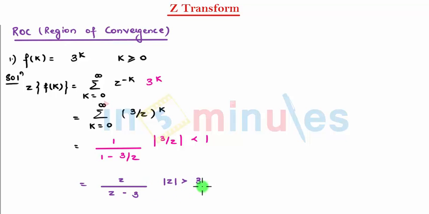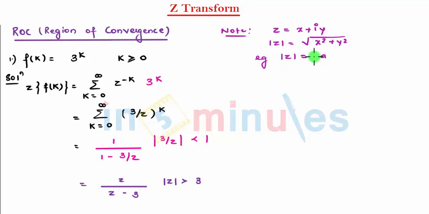Now what does exactly this mean? I'll just put a note for you. Students, when you say z, z is nothing but a complex variable. So when we say mod z, that is under root of x square plus y square. For example, if I say mod z is equal to a, that comes under root of x square plus y square equal to a. So x square plus y square is equal to a square, which tells me that this is the equation of a circle